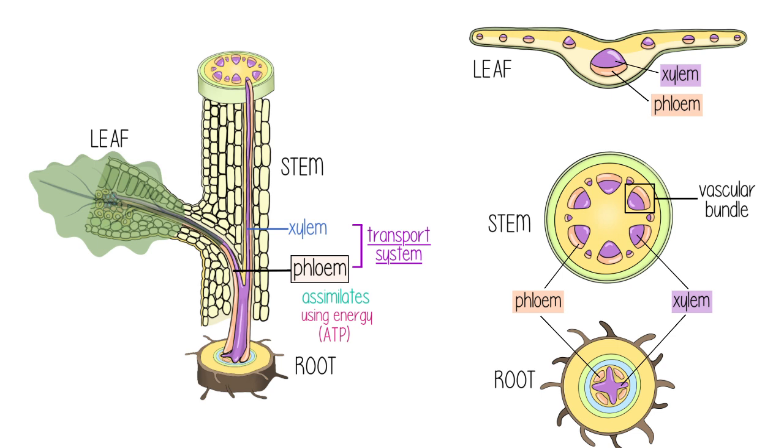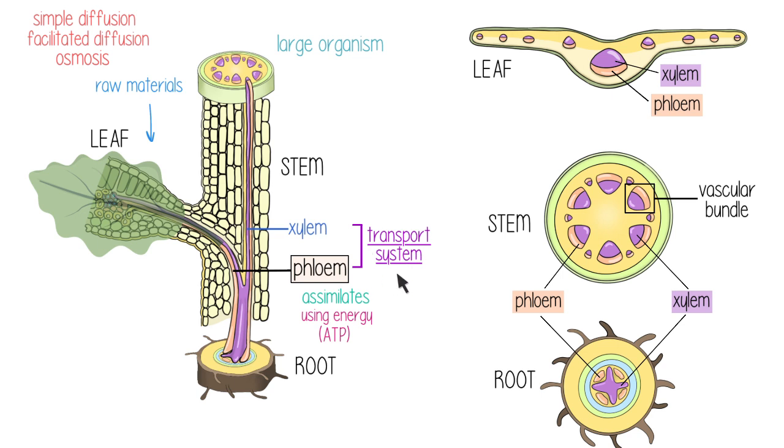So, in summary, a plant is a very large organism, and it cannot meet its requirements simply by getting its raw material by simple diffusion or facilitated diffusion or osmosis alone. And so it does have a transport system in place. But the transport system is not responsible for transporting any gases. Instead, it is responsible for transporting water and mineral ions through the xylem vessel, and then transporting glucose or other assimilates the plant makes to areas where they're needed. And within the next few lessons, we will be diving more deeply into the mechanism of transport through these different vessels.